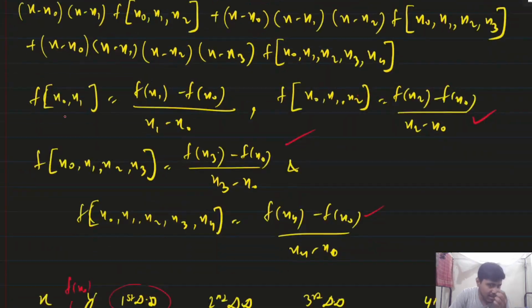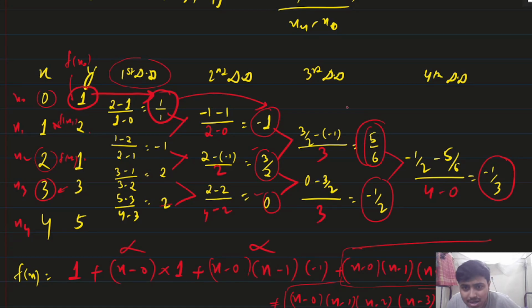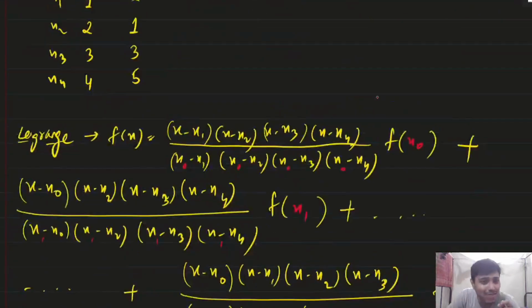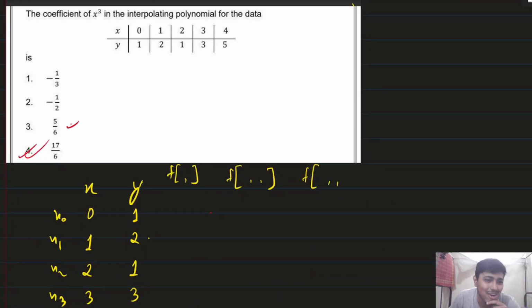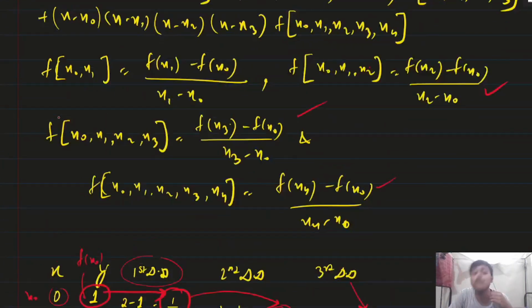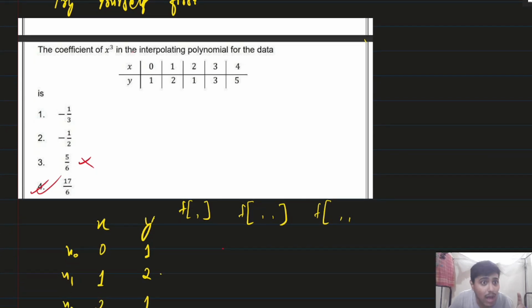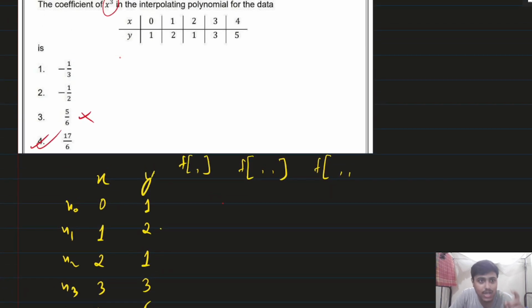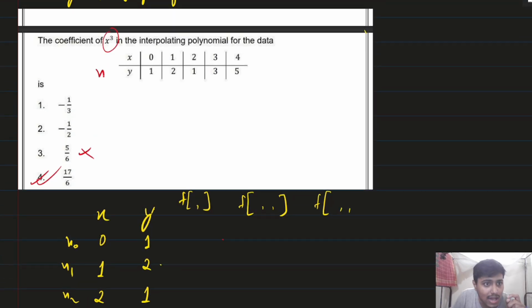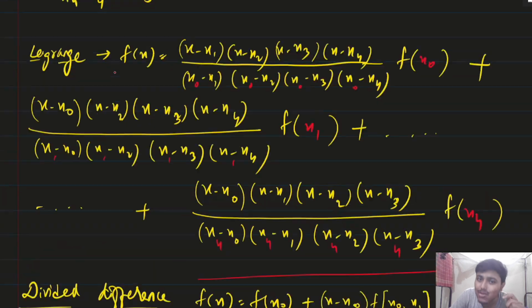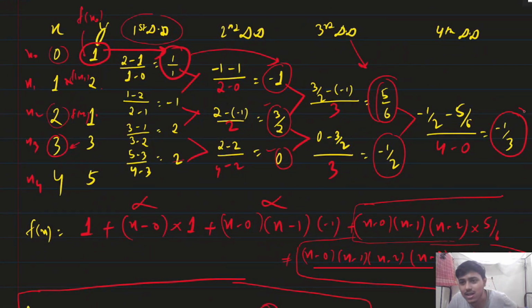Some may think that the coefficient of x cube will be directly 5 by 6, because it corresponds to the third divided difference, and in the answer also 5 by 6 is given. So some may click the third option, but this is false, since we are getting a polynomial of x to the power 4. If the highest degree was 3, then the answer would be that last one. In the same question, if it is asked to find the coefficient of x to the power 4, then the answer will be directly this. You don't need to find anything. The fourth divided difference will be the answer, because the highest degree is 4: minus 1 by 3. Understood?